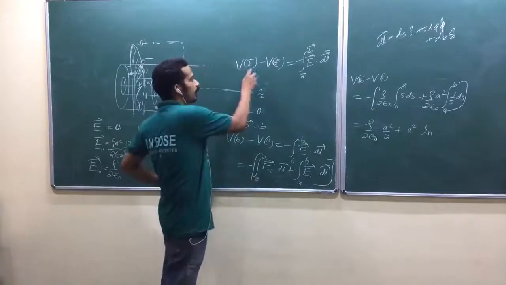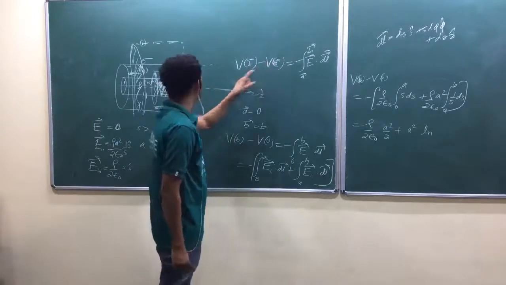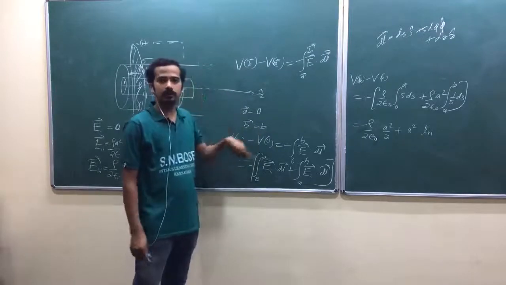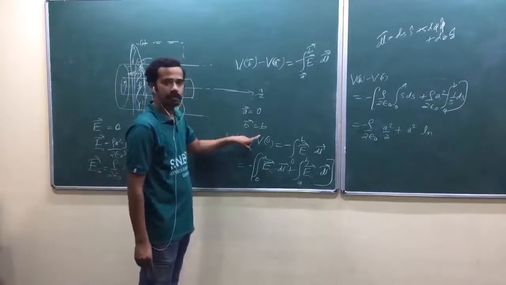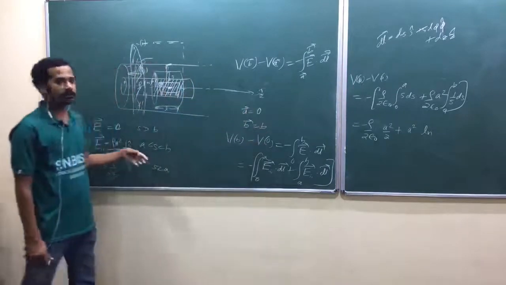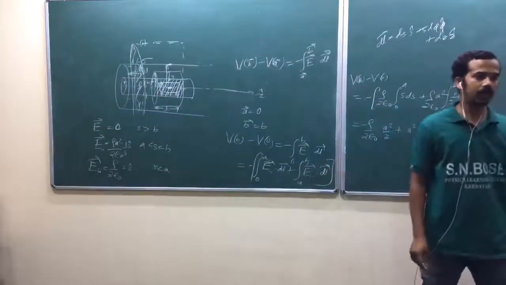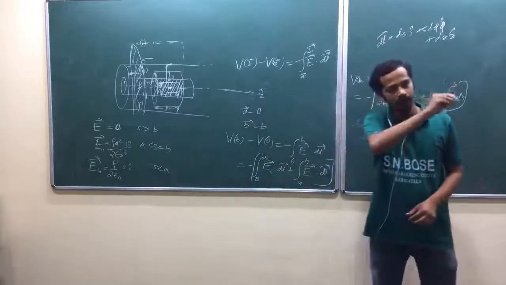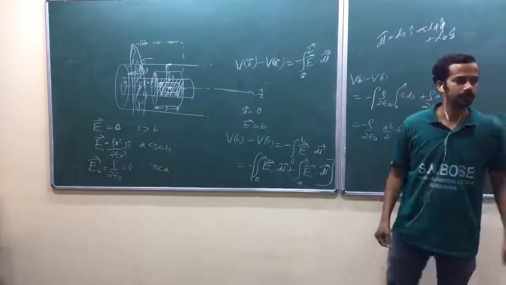Okay, I mean these are actually point in space. I mentioned that one. Now one of the points is any point on the axis. The other point is any point on the outer coating. That's why I haven't put vector. Why? You have to ask the question. I don't need vector because I can take any point on the outer surface. I can take any point on the axis. So I don't have to write that one as a vector. I just have written that one like this, but we should know that one is any point on the axis, other is any point on the outer surface, because those surfaces are equipotential. Okay?